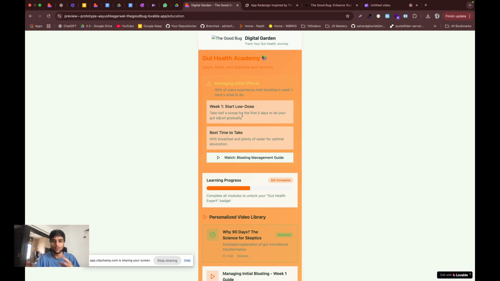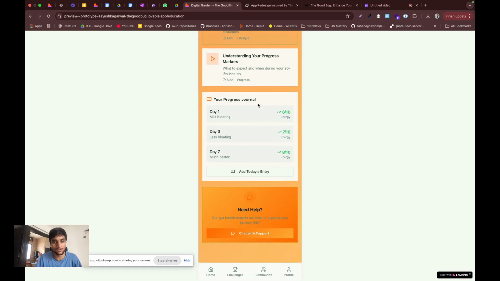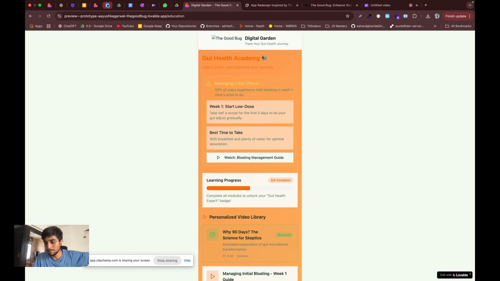Right? I know the UI is messy because of the coloring and all, because we have not followed the branding of Goodbug. But this was a prototype, and what I'm trying to achieve with this is just to get your help with the ideation part, help you get it with the functionality. How can we break the habit loop that our customers are mostly in, right? Now let's get back to the artifacts.